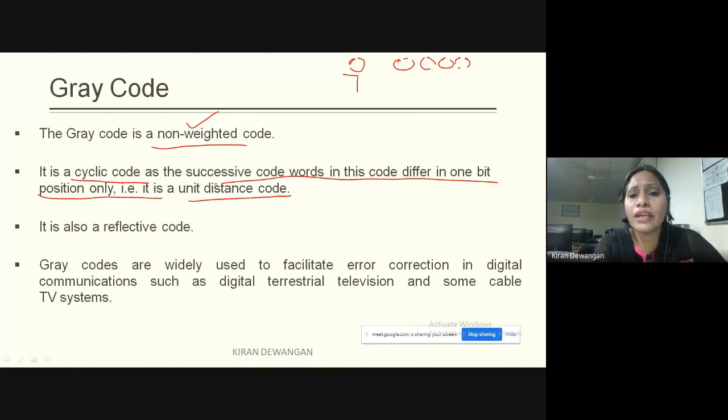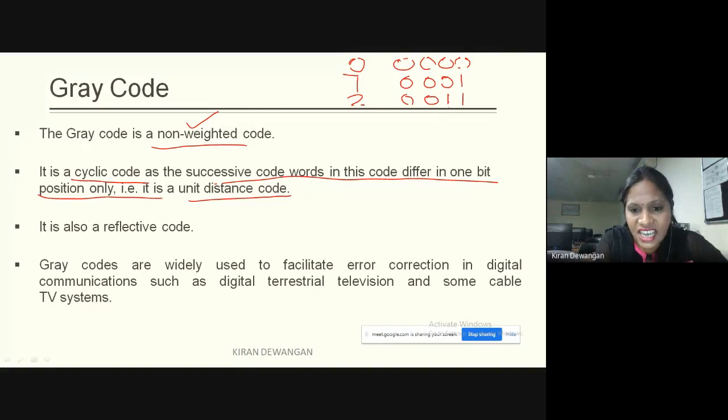Now if I'm writing 1, I can write it as 0, 0, 0, 1. And if I'm writing 2, the next code word will be 0, 0, 1, 1. Why is it so? 0, 0, 1, 1.